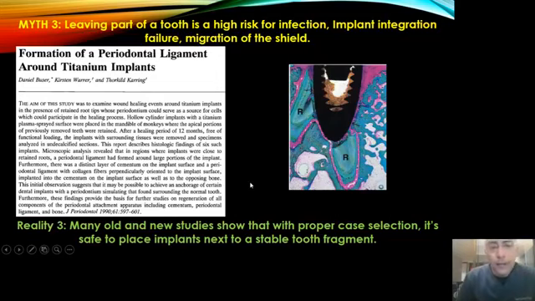Myth number 3. Leaving part of a tooth is a high risk of infection, implant integration failure, and migration of the shield. As we discussed before, many old and new studies show that with proper case selection, it's safe to place implants next to a stable tooth fragment. And this is the reality. It's something old, it's nothing new. Buser and group, actually, since the 1990s,